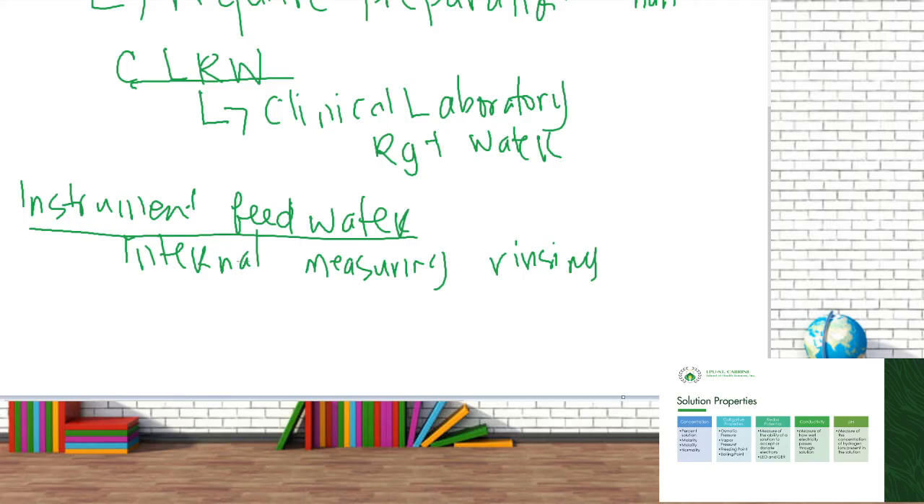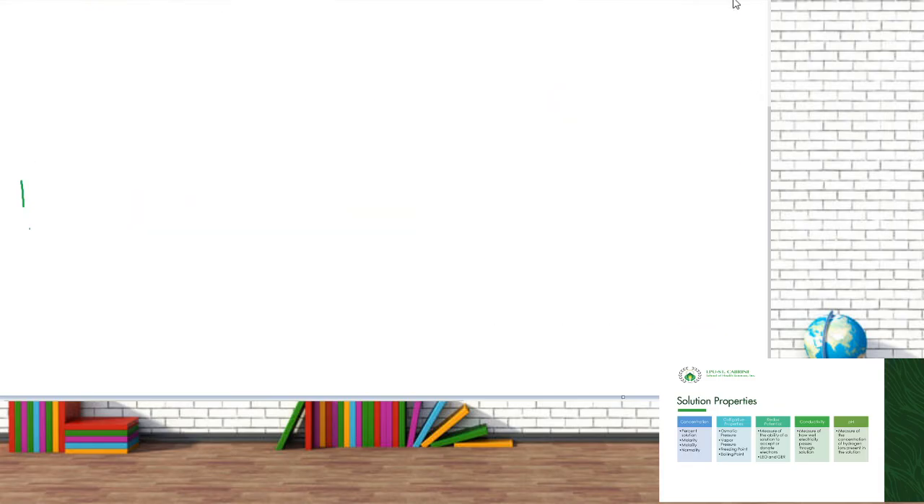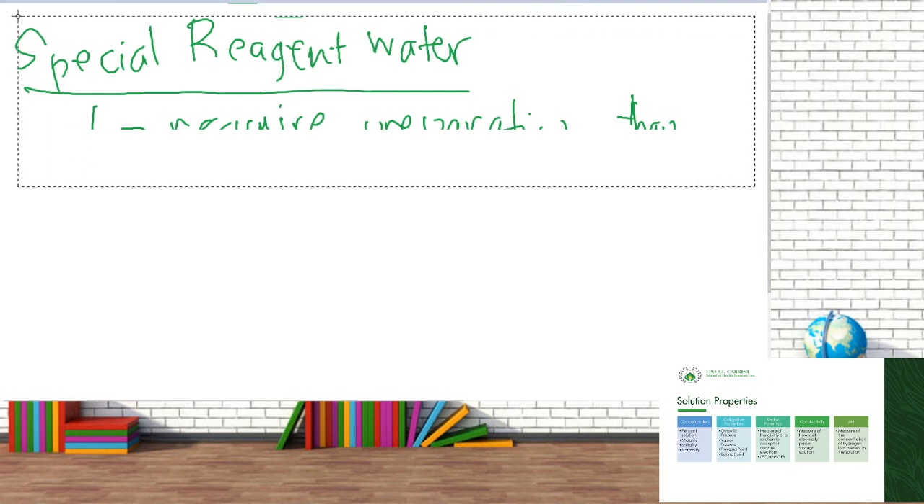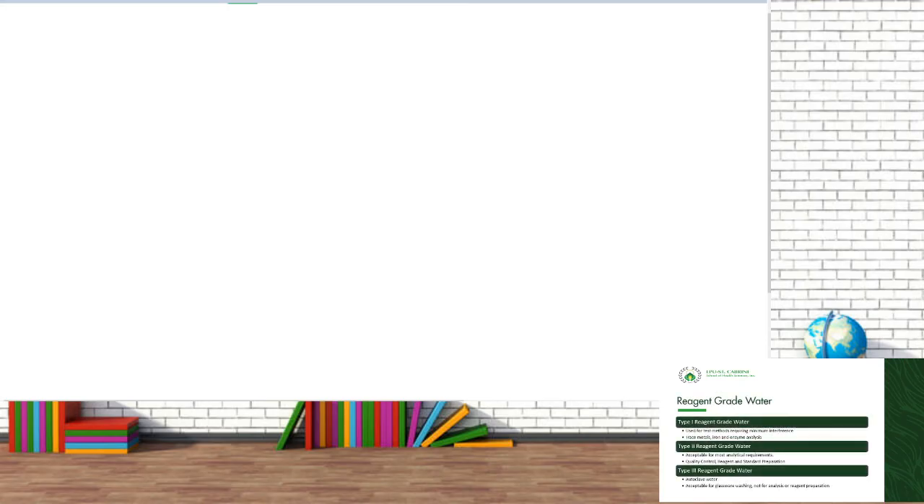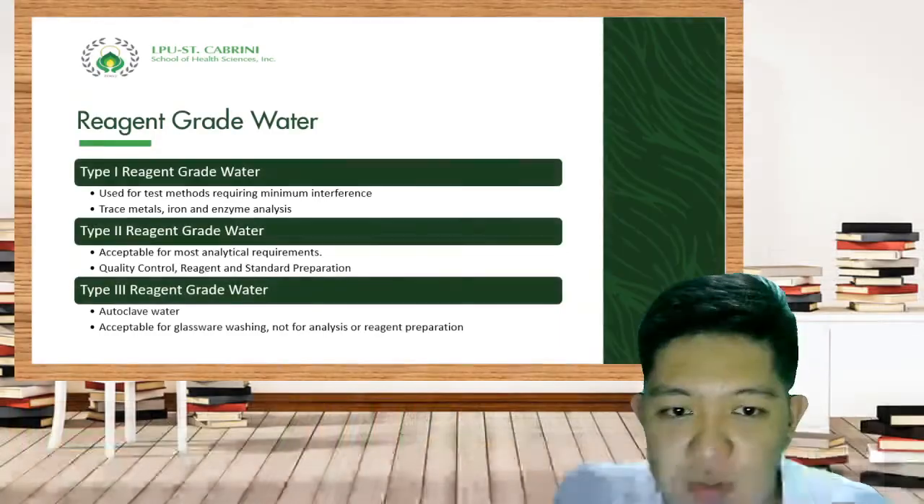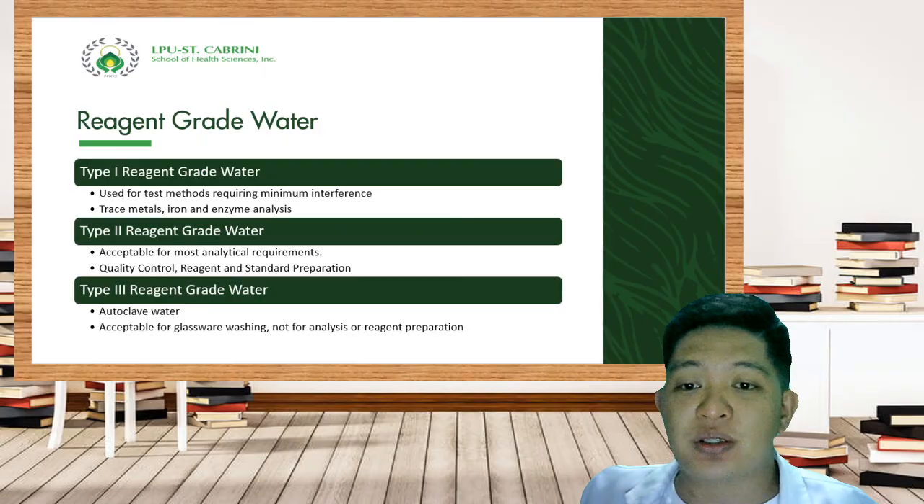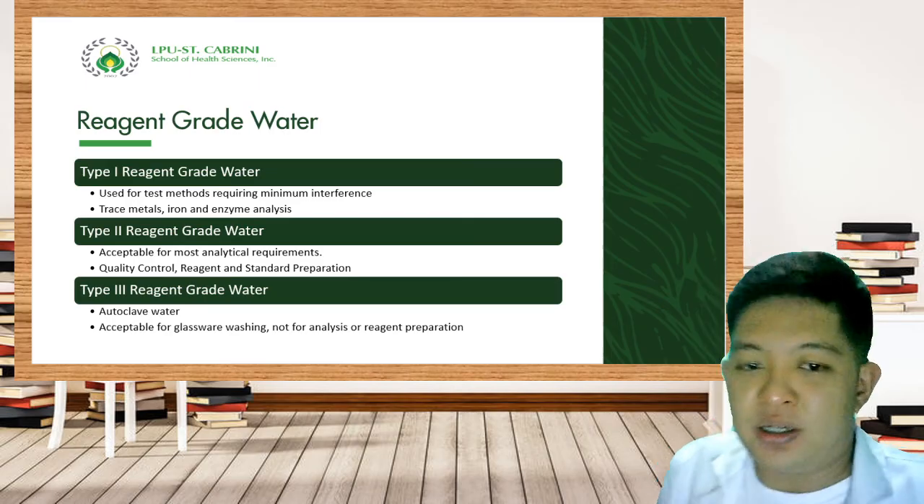We also have your purified water, which is commercially available, din yung mga drinking water na meron tayo, and water for clinical laboratory. The water for clinical laboratory is as follows. We have your type 1, your type 2, and type 3 reagent water. Type 1 water is used for test methods requiring minimum interference, such as trace elements, iron, and